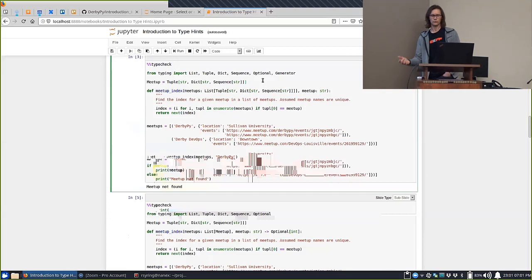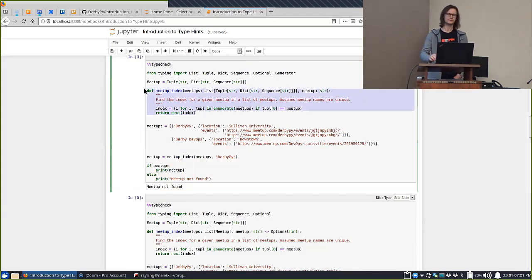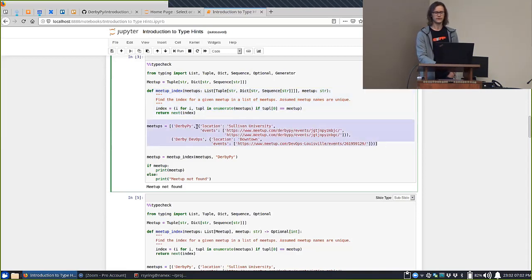types. And so what I've got here is a function where I just want to find the index of a given meetup in a list of meetups. This is kind of just a mock object that I've created. We have a list, and that list contains tuples. Those tuples have a string, and the value of that string is a dictionary. Within that dictionary, we then have keys that are